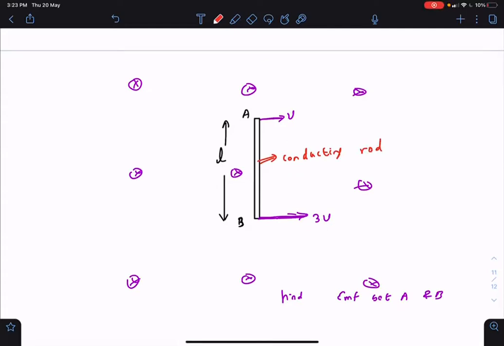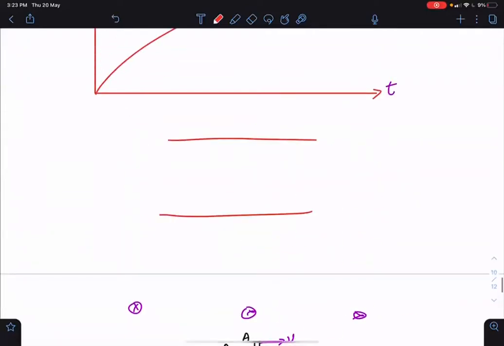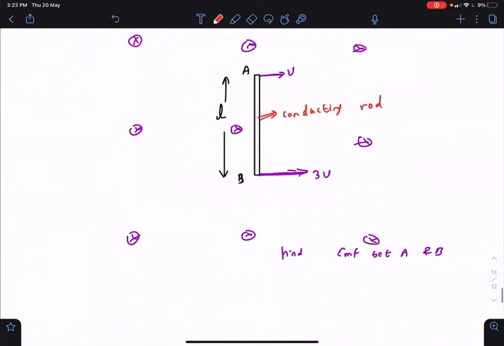There is no resistance. There is no circuit completion. So this just becomes a battery. See, previously what we did, we gave a rod a velocity, so it became a battery, like plus minus kind of thing. And then we completed the circuit by putting some resistance. This time the circuit is not getting completed. Just a single conductor moving in a magnetic field.